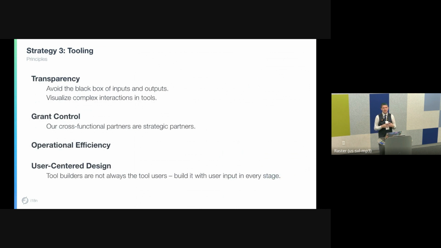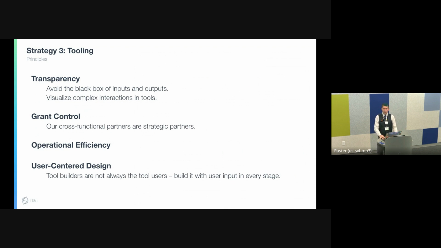So some principles in this is transparency. There's the metaphor of the black box, where you have an input and it goes into a black box and you get the outputs. Tear open that black box. Don't hide how your system's working. Visualizing complex interactions can be really important. I learned so much about number formatting by just asking how our system actually thinks it should support numbers. Adding that transparency has helped us understand exactly what our system is and get the feedback that we need in order to localize correctly.